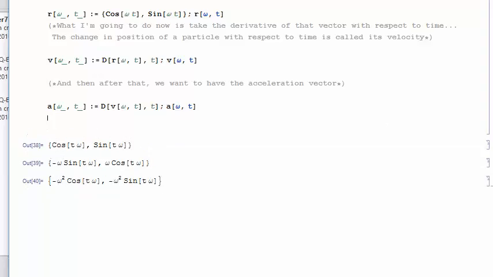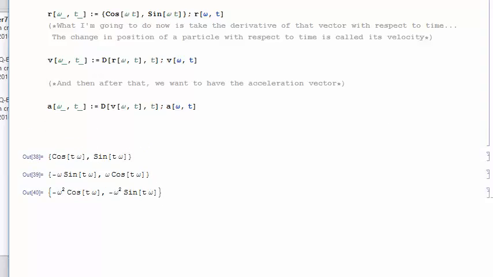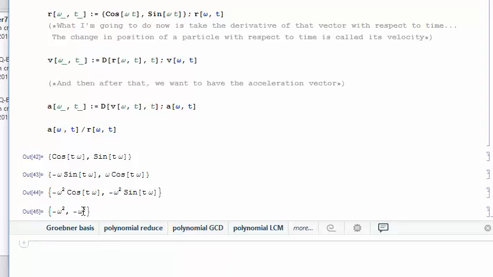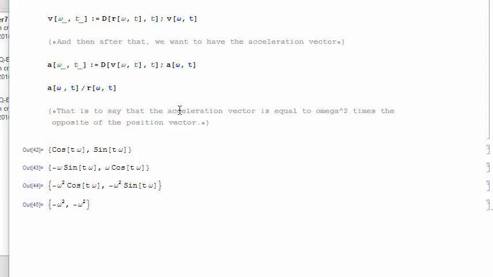Let's find out what we get if we take these and divide them. I don't think this is going to work, but a of omega, t divided by r of omega, t. And okay, it did work. It's showing us negative omega squared, negative omega squared. That is to say that the acceleration vector is equal to omega squared times the opposite of the position